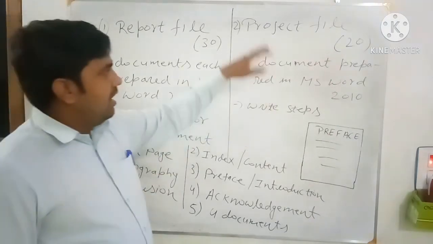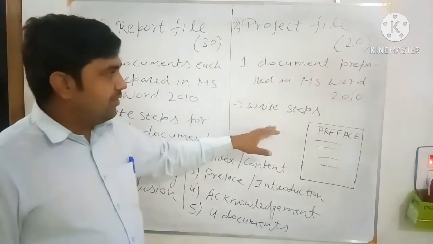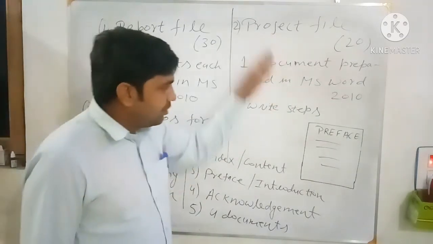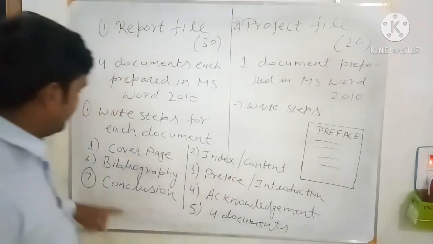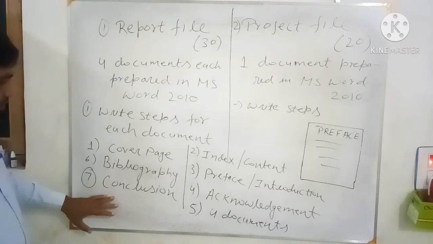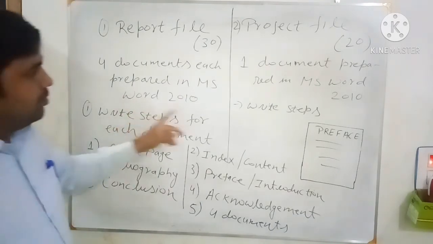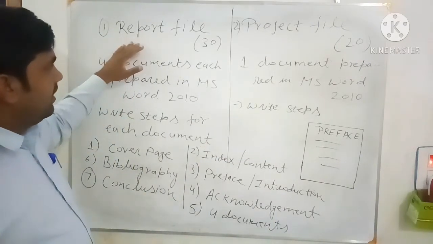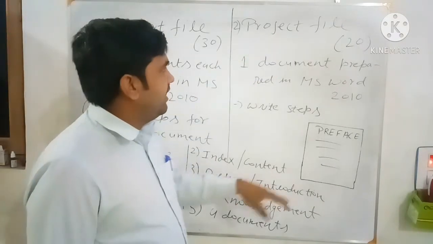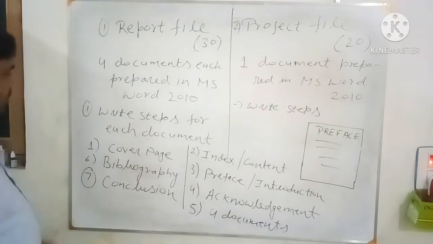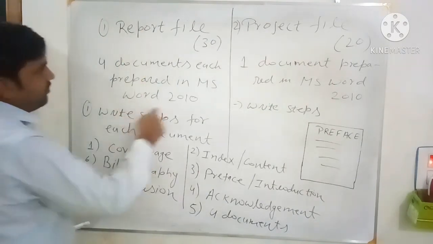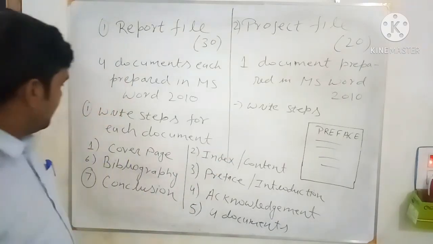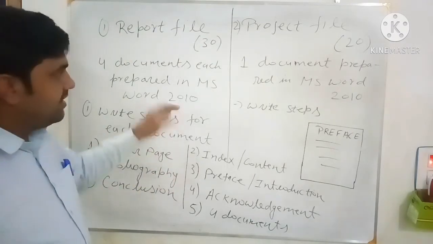Similarly in the project also, after doing the project on Microsoft Word 2010, whatever project you have taken, what you have done after going through this project, you have to mention in the conclusion in the project also. Okay, so like this you place these 2 contents in separate files. You take 2 transparent files, in one file you put the report file, and in the other file you put the project file, and in both files the first page should be the cover page. So you have to design 2 cover pages, one for the report file and one for the project file. In this same order you have to place things in the file.